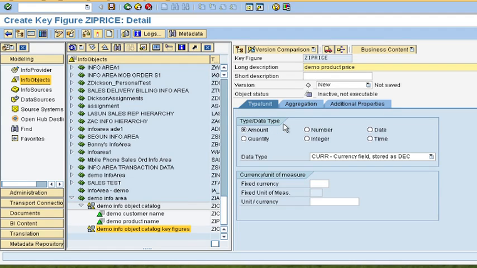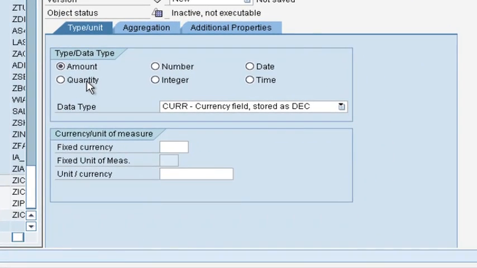So we also have short descriptions. And we also have to specify what type of key figure it is. We have amount, number, date, time, integer, quantity. Depending on what kind of key figure we want to create, we will select the appropriate type. So we can use amount for price, and we can use quantity for measurement key figures like length, weight, and so on. So for now, let us choose amount,